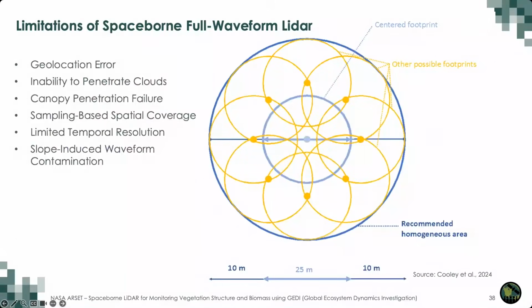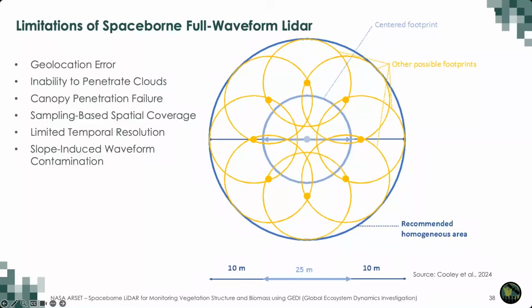Despite their power for capturing detailed vertical structure, spaceborne full-waveform Lidar systems like GEDI face numerous operational limitations. One limitation is geolocation error. GEDI has positional uncertainty of each footprint of about plus or minus 10 meters for a 1 sigma error. This requires careful filtering and the use of buffers, especially in heterogeneous areas where a footprint might incorrectly sample an